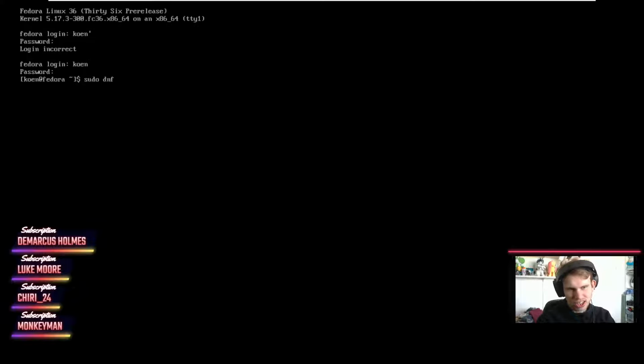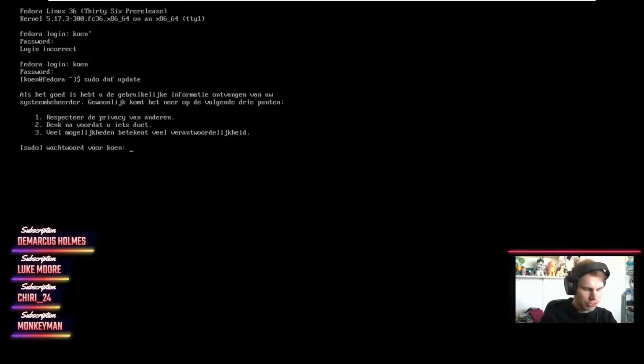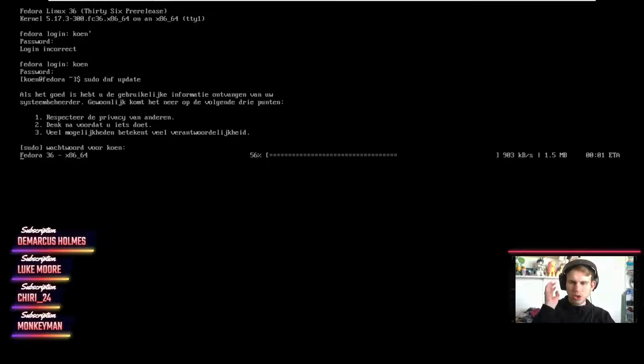Okay, first thing on the agenda: update the system. This is the first thing that you always want to do on any system that you install. If you're going to install a new operating system, it doesn't matter what it is. If it's Windows, Mac OS, or Linux, update. Run your updates. It's the first thing you always do on any Linux system. Keep that in mind. And it's the first thing that I do whenever I turn on my computer. The first thing that I do when I boot into Linux is I run my updates.